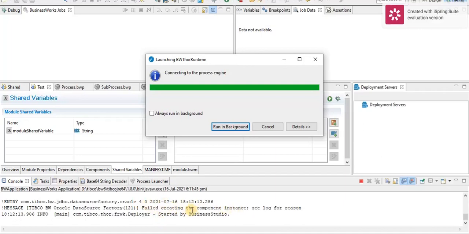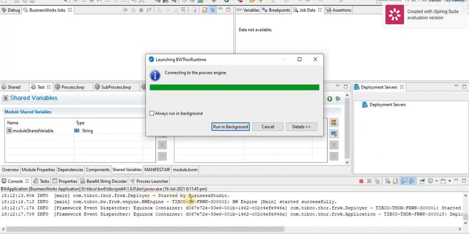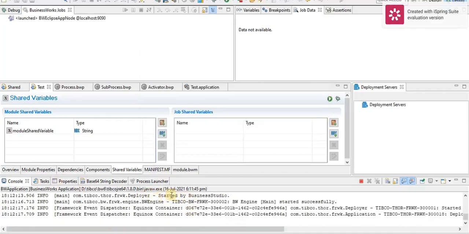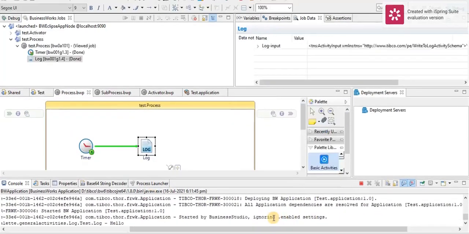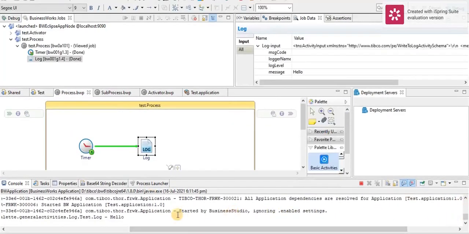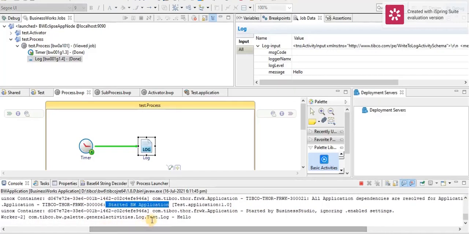Ignore these errors because I have configured a few things at the back end. For you, for the first time, these errors won't come. Just wait a few seconds. Here I'm able to see the BW application engine started successfully and the hello message.